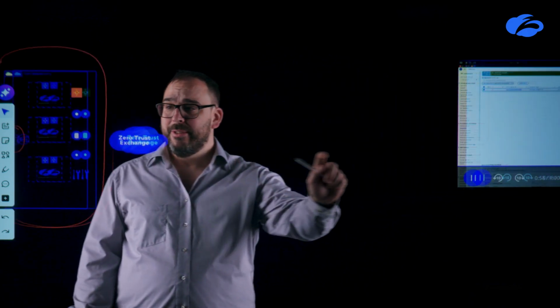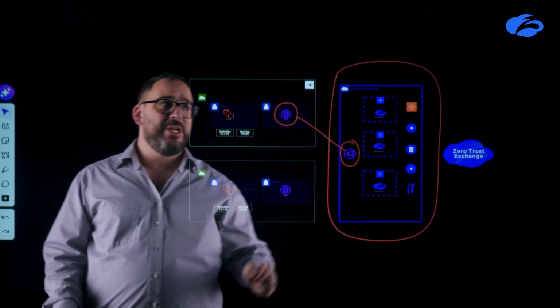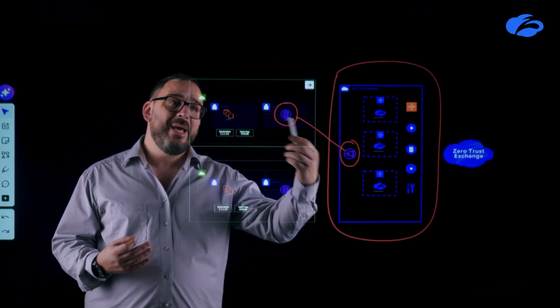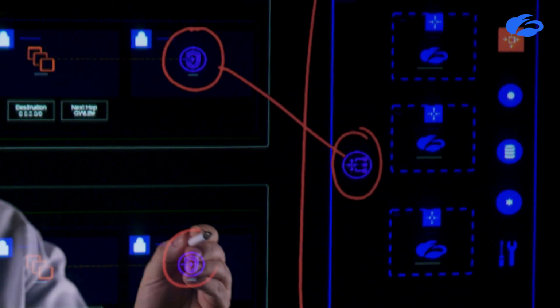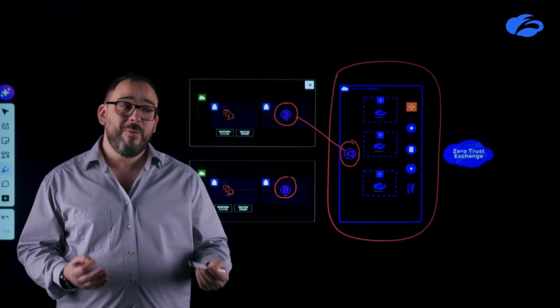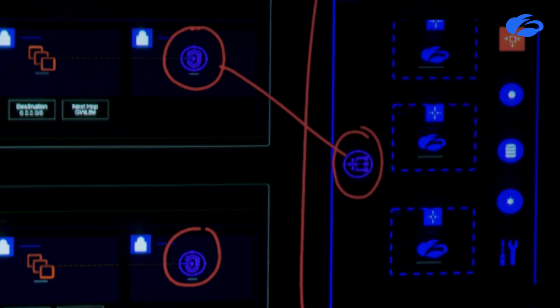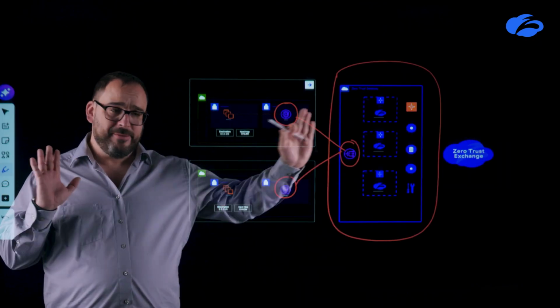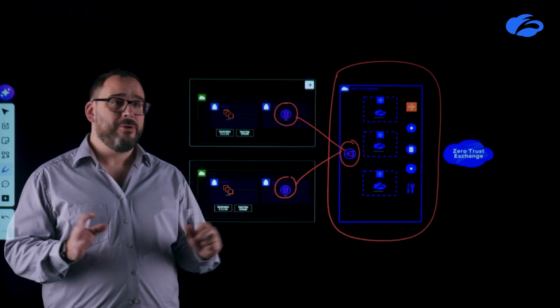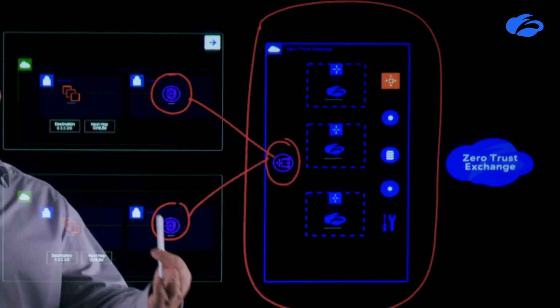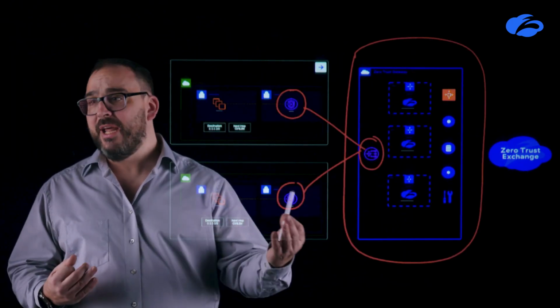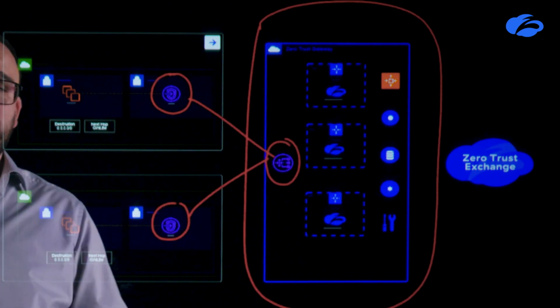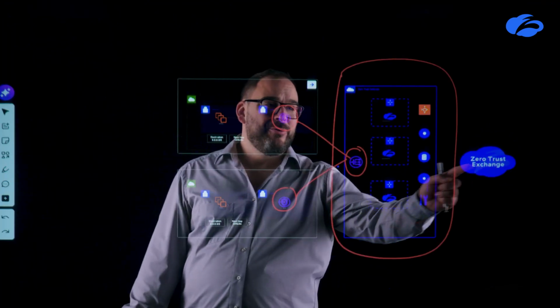So we can move back to our Zero Trust Exchange, to our high-level overview, and repeat that process multiple times. So it really doesn't matter how many of your applications you are connecting to the Zero Trust Gateway. The process is always the same. Take a gateway load balancer endpoint and connect it with the service that we have provided for you. The usual scalability of that is, as I said earlier, really good, so don't worry about it. Typically, you are deploying one Zero Trust Gateway per region. And then you can connect all your applications, no matter if dev or ops or production, right to the same gateway. And now, let's go back to where we started.